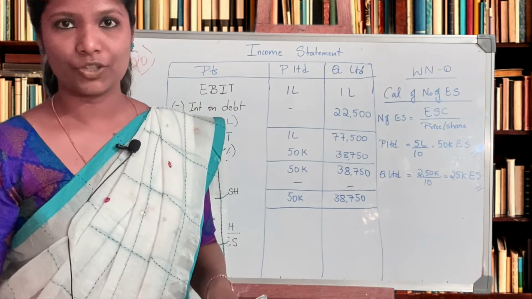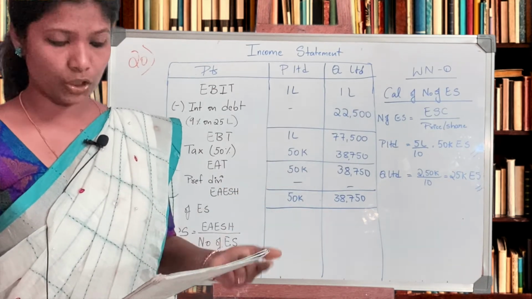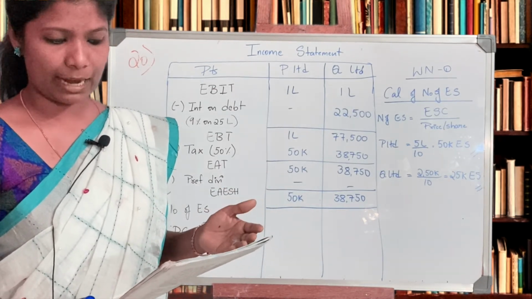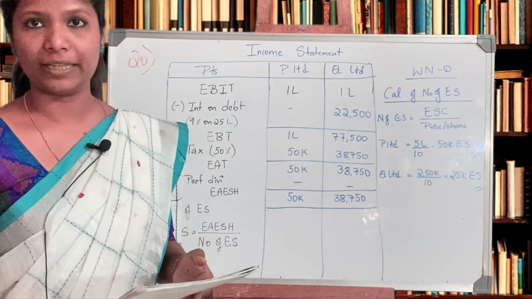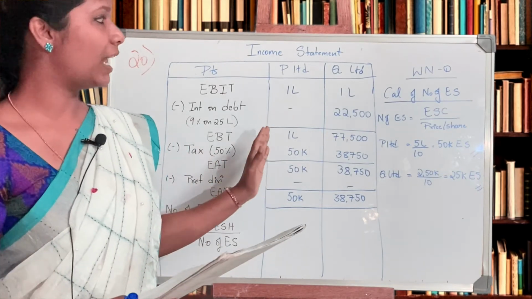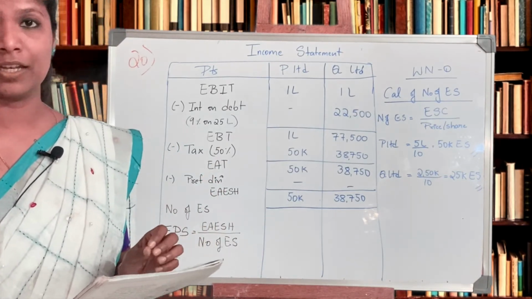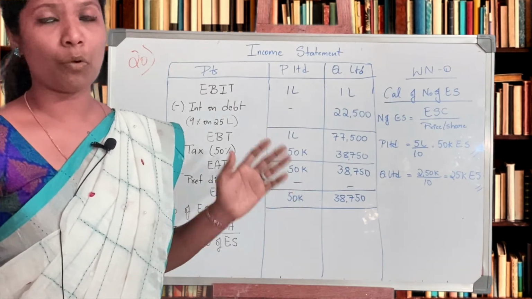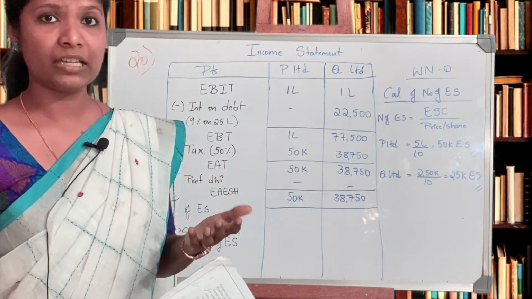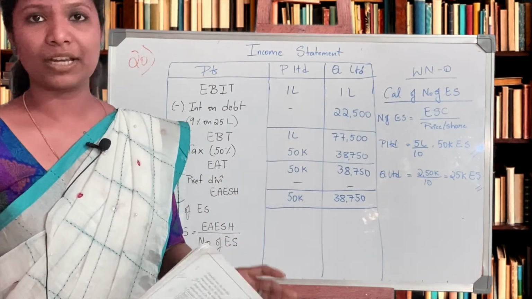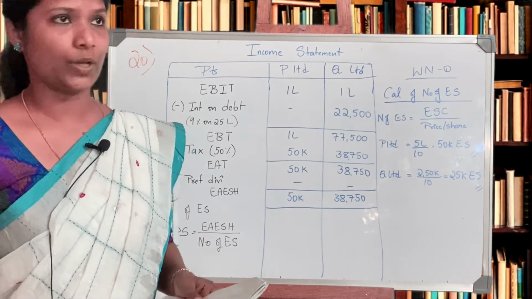So moving on to the next question, question number 20. The question gives us the details of 2 companies, P Limited and Q Limited. They have existing capital: debentures, equity share capital, a return on capital employed and EBIT. EBIT is given directly in the question, 1 lakh for both the companies, and we need to calculate EPS assuming the tax rate to be 50%. For this income statement, to find out EPS, we need interest on debenture, any preference dividend paid, and the number of equity shares. These are the required calculations. Return on capital employed is not required thus far for question number 20.